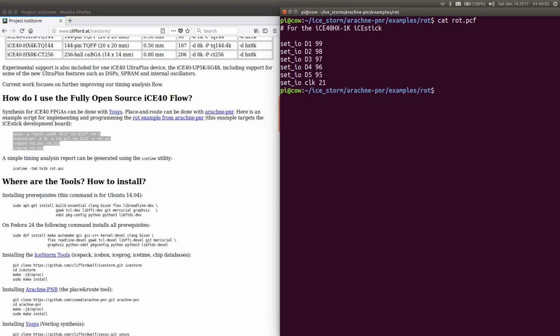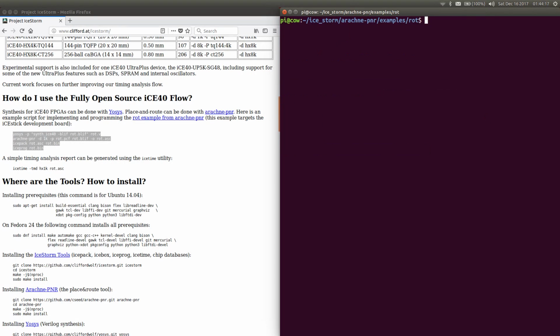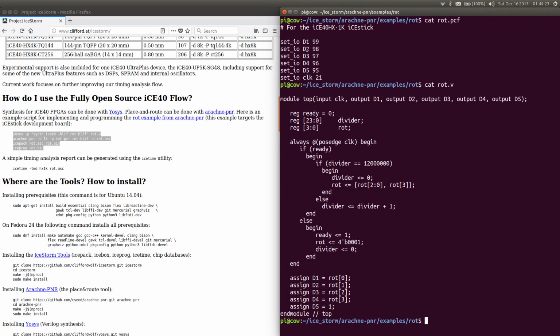rot.pcf. Now here you can see that what it is doing is it is taking the variable d1. So let me also maybe just reduce the font size. Okay, let me do this, and let's also take a look at the rot.v file simultaneously. So now you can see that this command, like the set_io instruction, is taking the d1 variable, which you can see here, right? And what it is doing is it is assigning it to pin 99 of the real hardware. Okay. And similarly, D2, D3, D4, and D5 are being set to pins 98, 97, 96, and 95